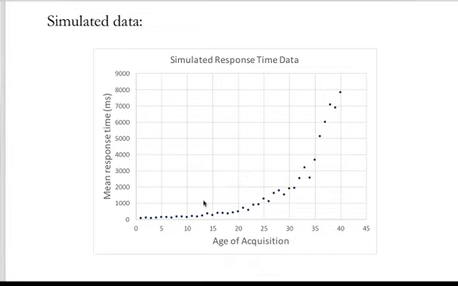Well, there must be a critical period because there's a strong discontinuity in this age of acquisition curve, right? So things are pretty steady up until here, and then they go wild. So that's a discontinuity. But again, we're not measuring competence here. This is one particular task with one particular kind of response function, which in this case will tend to be logarithmic.